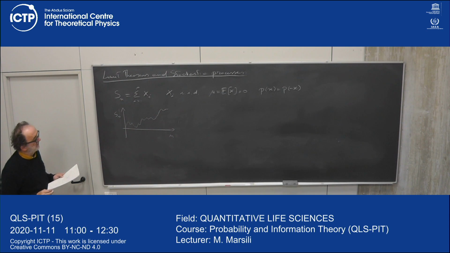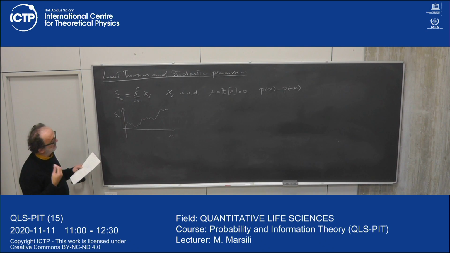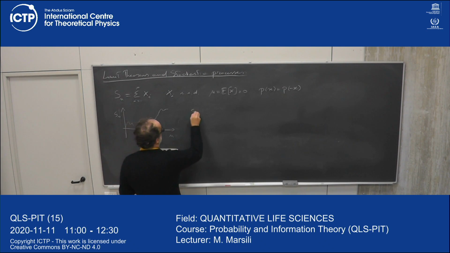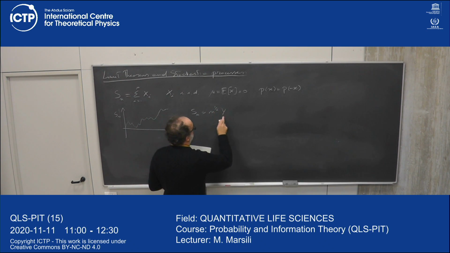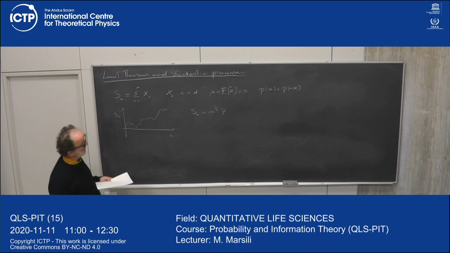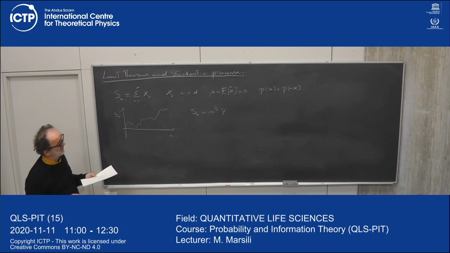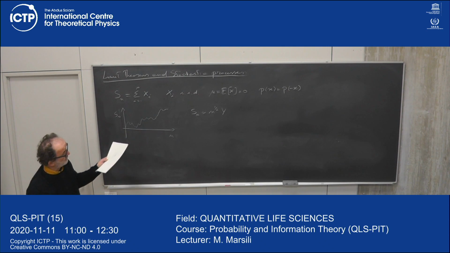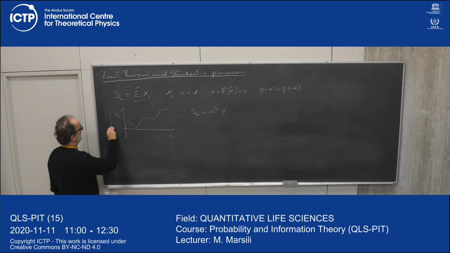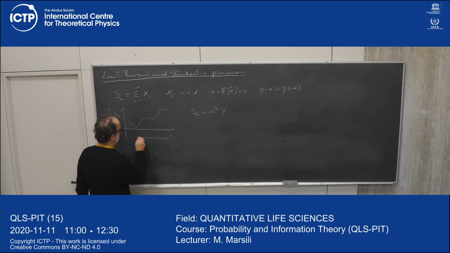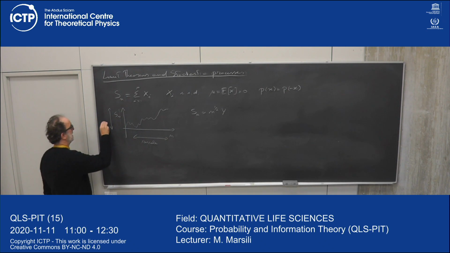And essentially the limit theorem tells you that you can write Sn as n to the 1 over alpha times a random variable y, which is finite and is independent of n. So this means that essentially you can rescale both the x-axis and the y-axis